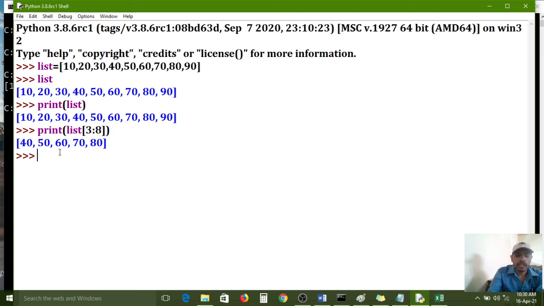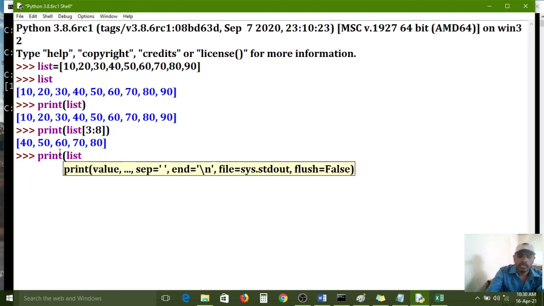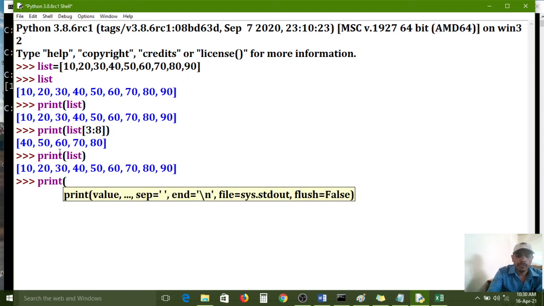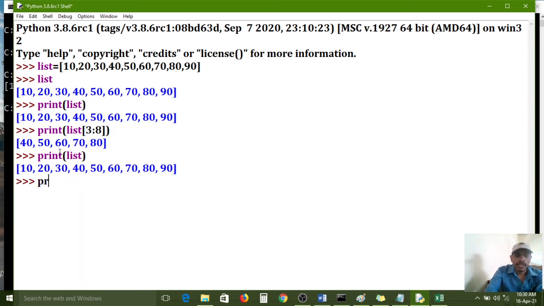If you want to print the complete list, we can print it like this. This is complete access. If you want to access a sublist, and separate some elements from the entire list and store them into some other variable, then how?